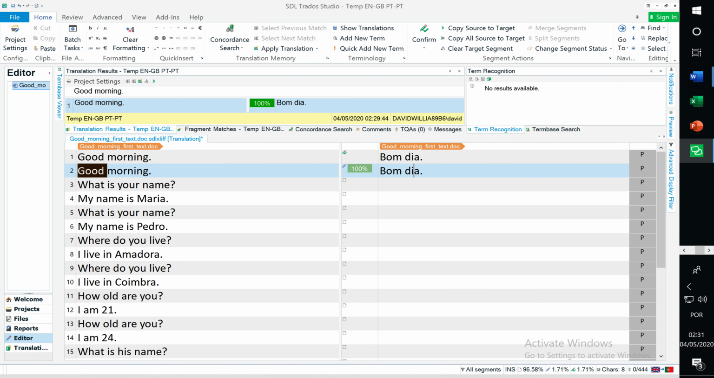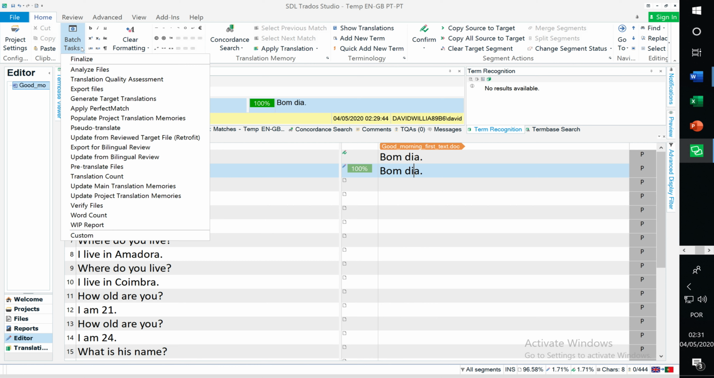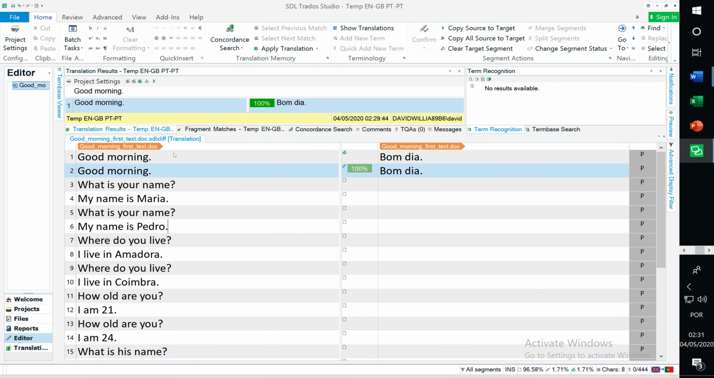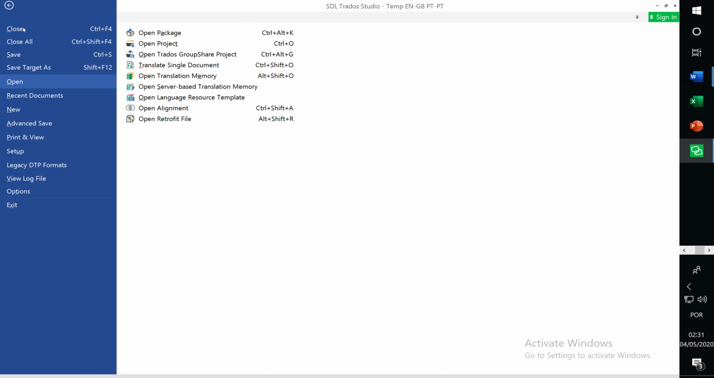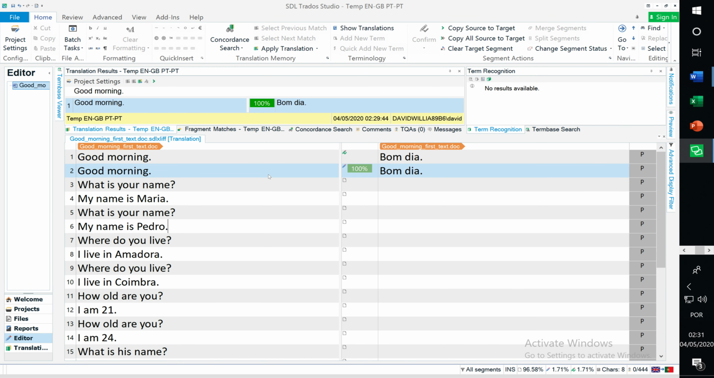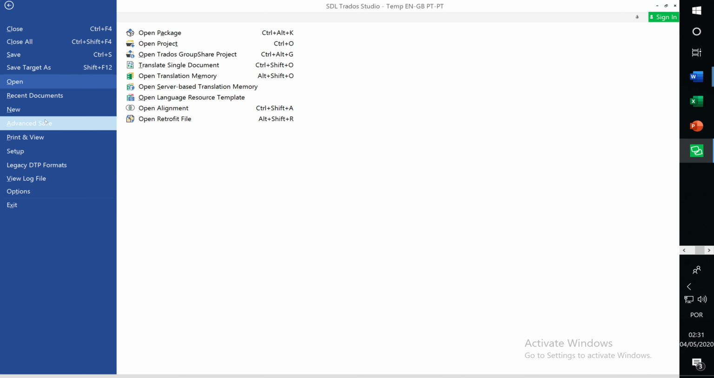What I'd like to draw your attention to just before I finish this video is this text is an SDL file. What this means, it's a bilingual file. When you make a project, one of the batch tasks was to make the bilingual files. And if we clicked on File, Save, it will be saved somewhere. One thing I'd like to draw your attention to is if you click on File, Advanced Save,